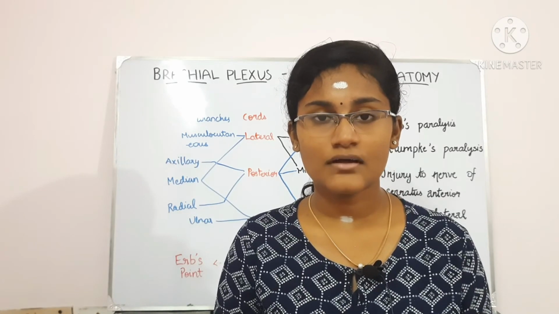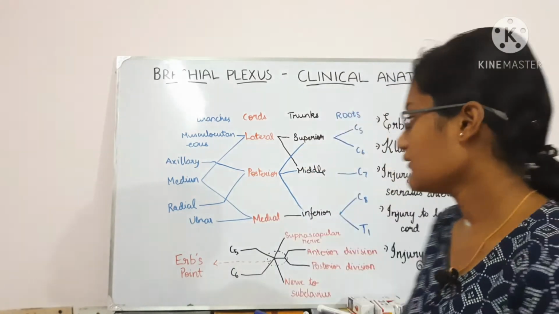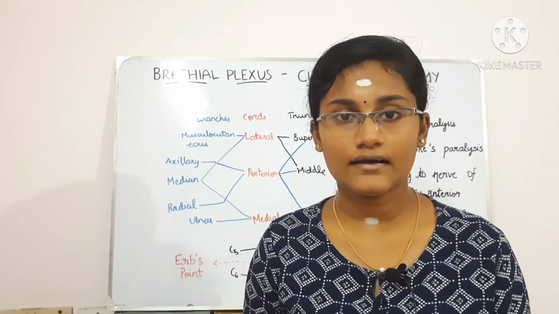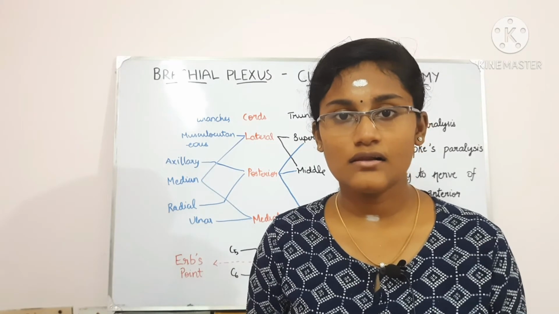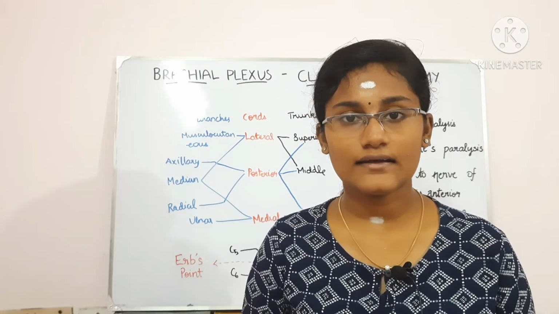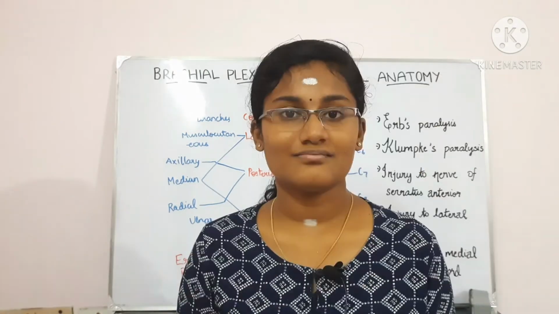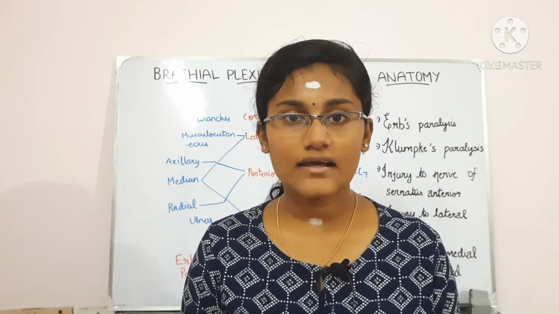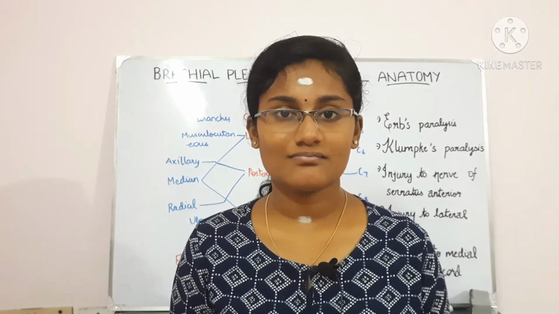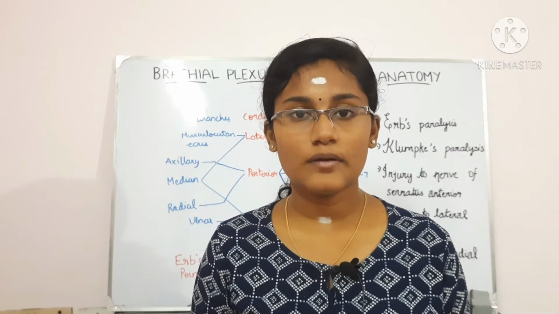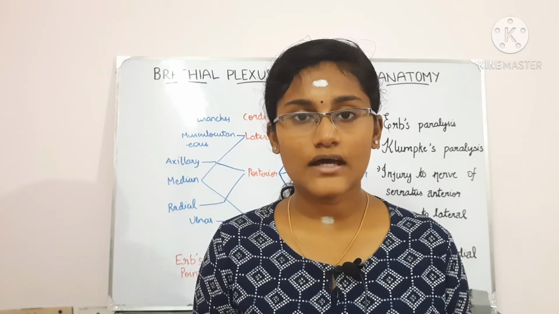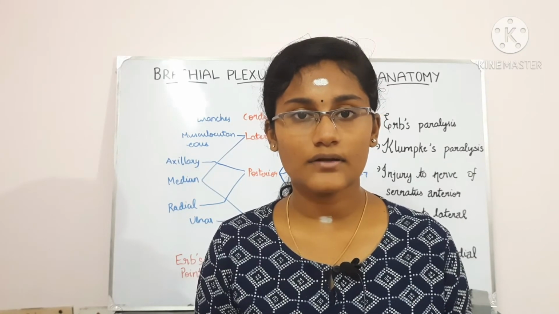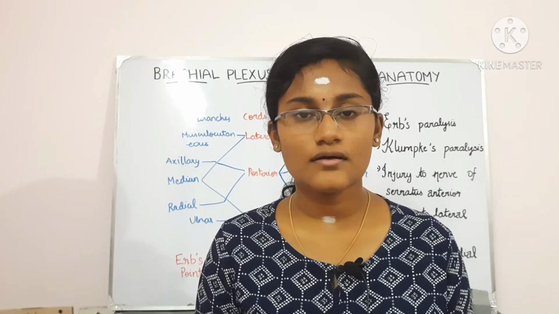Now let's talk about the third thing, that is the injury to the nerve of the serratus anterior. The nerve of the serratus anterior is also called the nerve of Bell. The injury to the serratus anterior can be caused by sudden pressure on the shoulder or by carrying heavy loads on the shoulder. This leads to winging of the scapula. Winging of the scapula means the medial border and the inferior angle of the scapula become unduly prominent, and pushing and punching actions cannot be made.